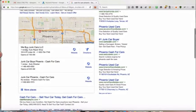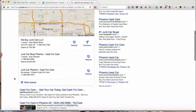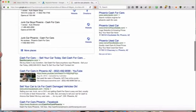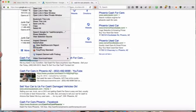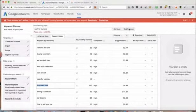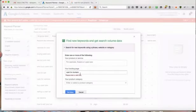Good. See, I like this. One review, one no reviews. Cash for cars, Phoenix on that. So let's go ahead, and this guy's ranking up here right at number 1. I'm going to copy this, go back and modify search, and remove that in the landing page. I'm going to put in his URL, and again,